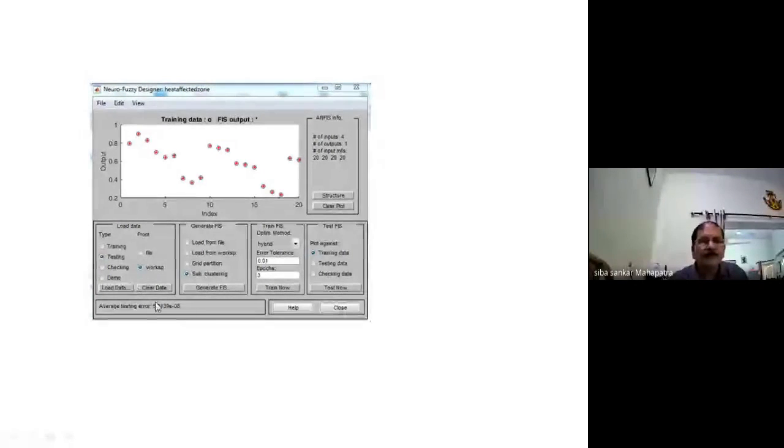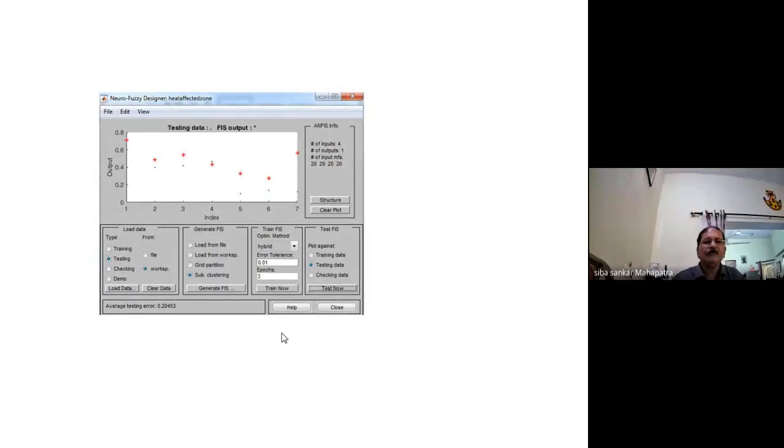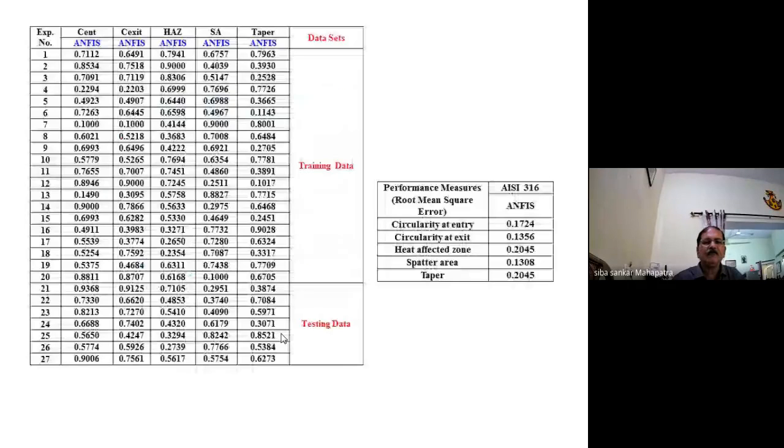Data you have loaded, here is the loading for the data, here you generate the FIS. So you have to choose between grid partition and subclustering. Then you give the error tolerance here and train, test, whatever you want to do. Okay, so this is for the training data, then this is for the testing data. Then once you use the ANFIS, you have used the training data and the testing data, then the performance